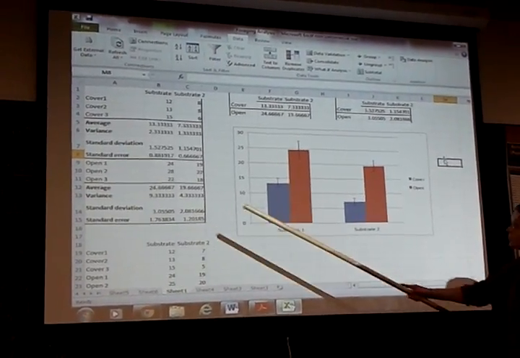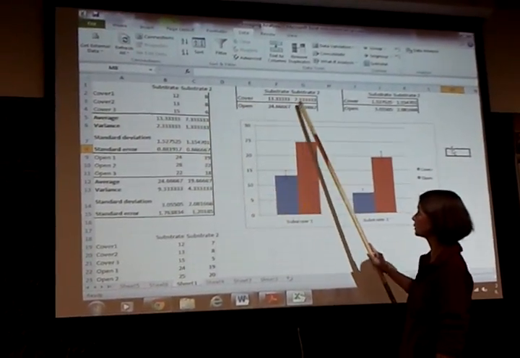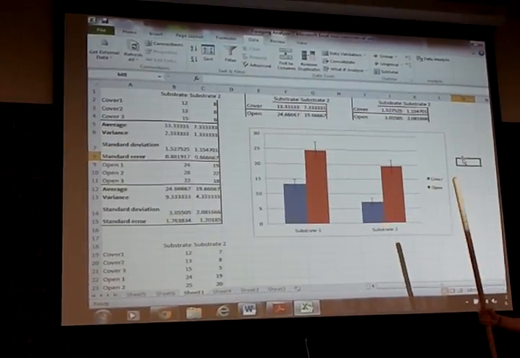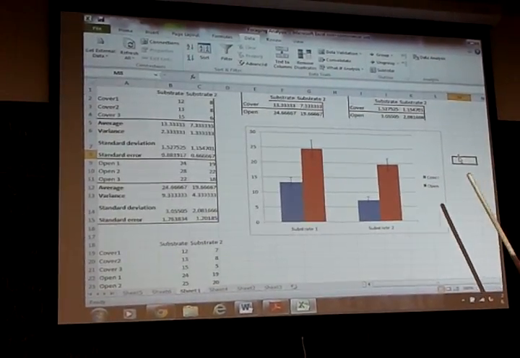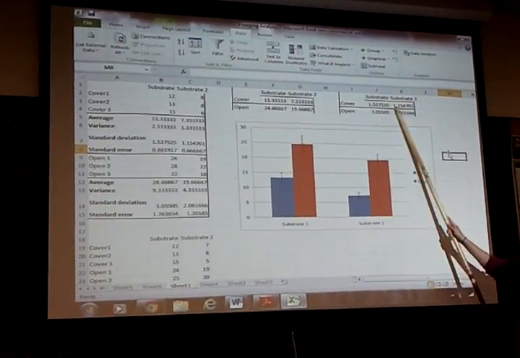Again, when you're actually trying to create this graph, just copy, paste special your averages for cover substrate 1, cover substrate 2, and so on. And then you're just going to be highlighting this for your graph. And then